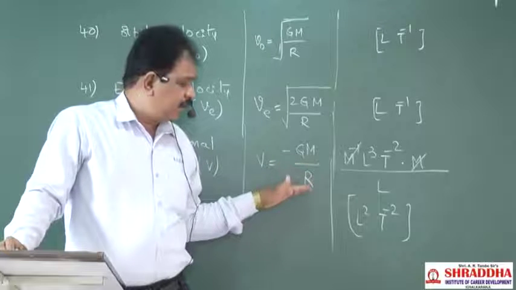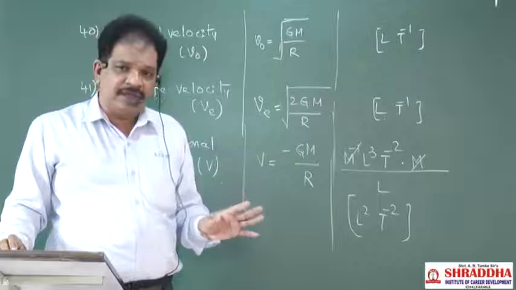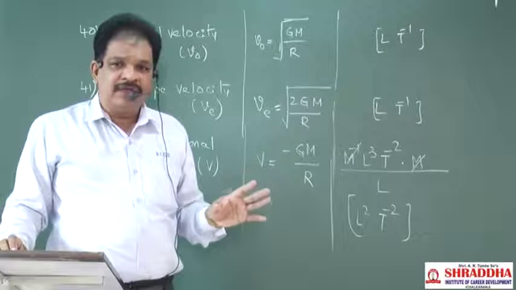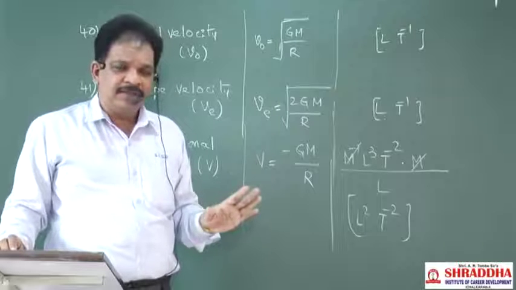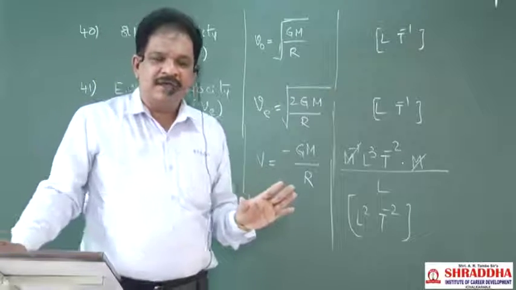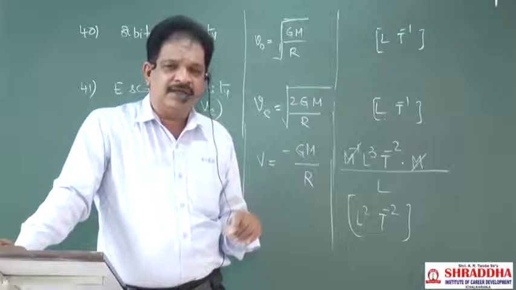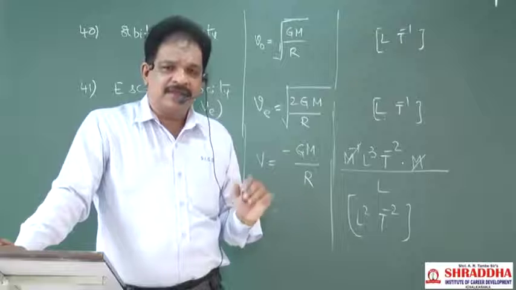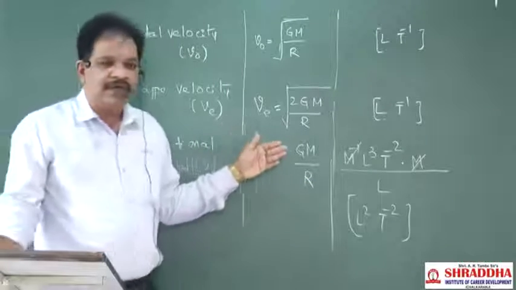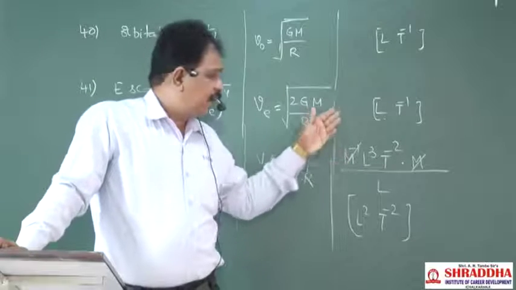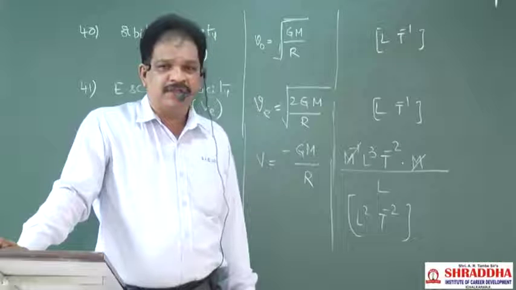What we are doing, what I said to you, totally 90 physical quantities are there. All those dimensional formulas we are writing here. Totally 30 lessons are there, combining 11th and 12th according to NCERT. Each lesson will have 3-4 quantities, and we are writing the dimensional formula for all those quantities.